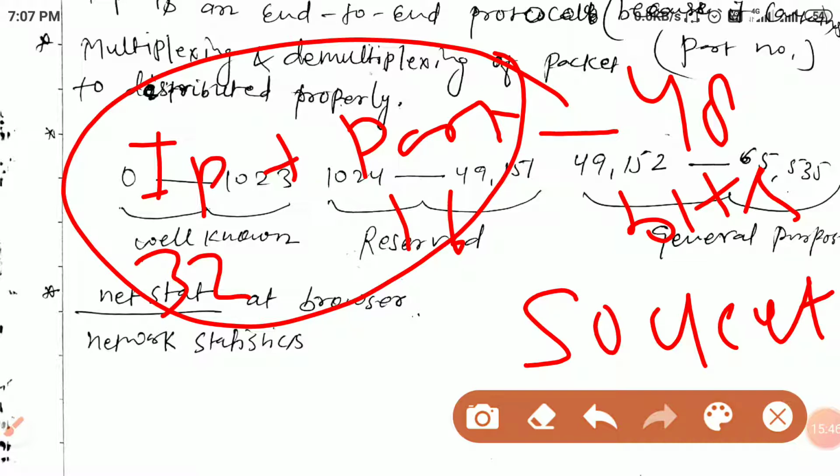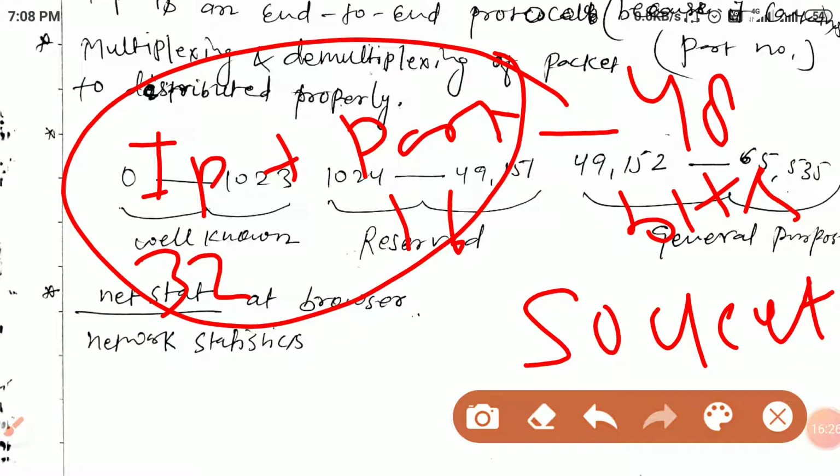Now you can see this using the socket in the previous diagram. If two port numbers are the same, definitely their IP addresses will be different, because two same port numbers mean there are two different hosts, and different hosts have different IP addresses. If two IP addresses are the same, definitely within one host we cannot have the same port number. So likewise we can uniquely identify the connection. That is why port number is important along with IP address.